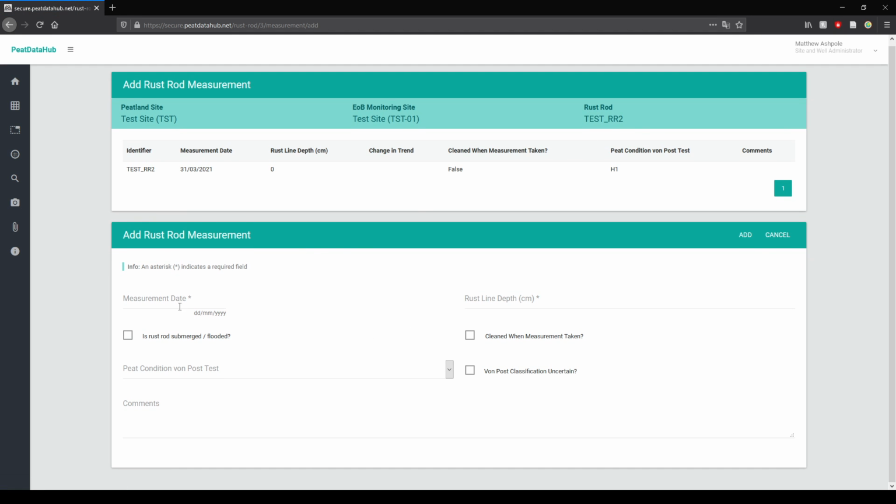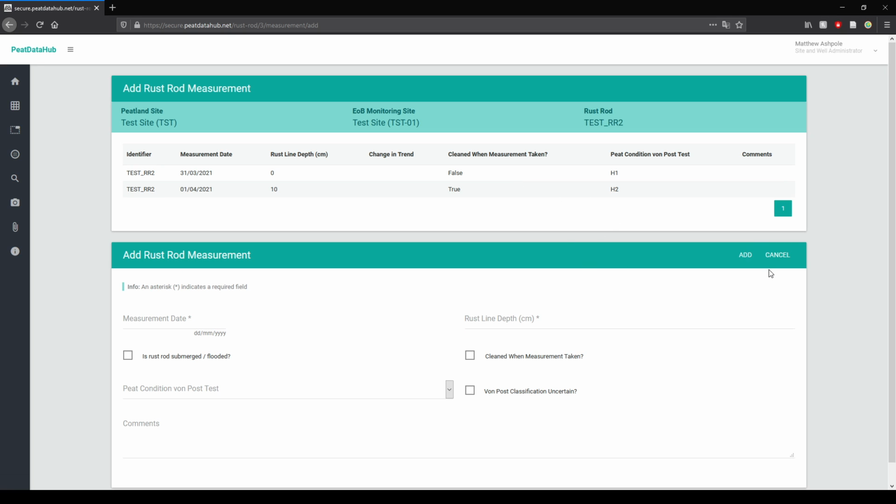You can then input information such as the date of the measurement, the rust line depth in centimeters, whether the rust rod is submerged or flooded, which will allow you to input positive values, whether it was cleaned when the measurement was taken, the von Post test established at that measurement time, and further comments. You can then click Add, and it will add to the list of tests and calculate automatically a change